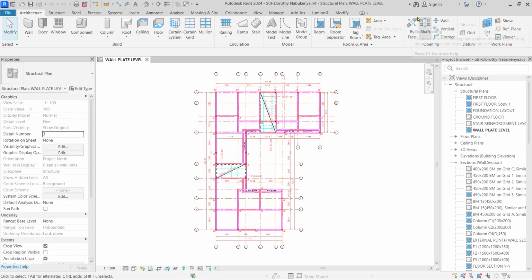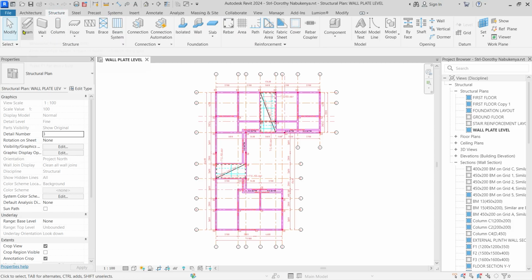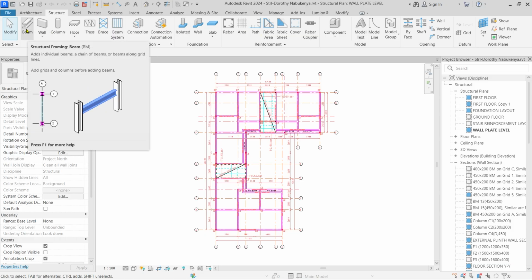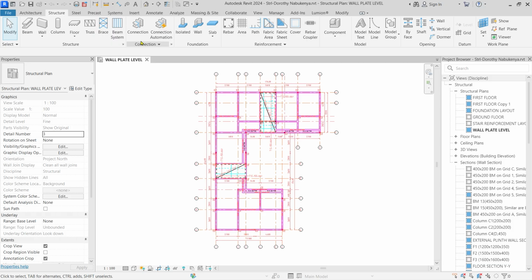Some of these appear under the Structure tab, so this is where we shall put our focus. These are some of the tools we shall use: the beams, the walls, the columns, the floors, the connections, foundations, the reinforcements, and the detailing. These are openings by face and shaft,